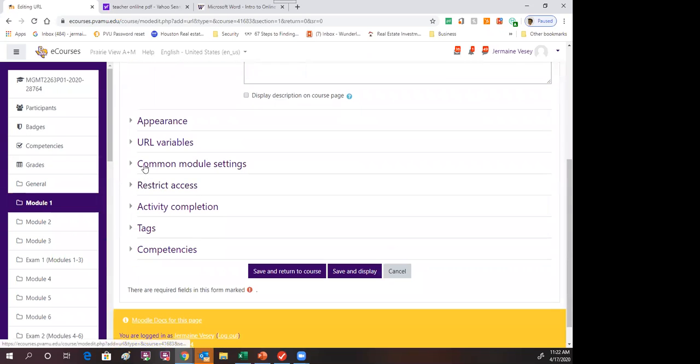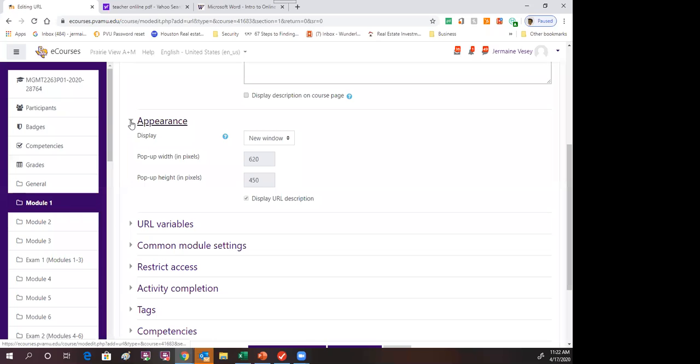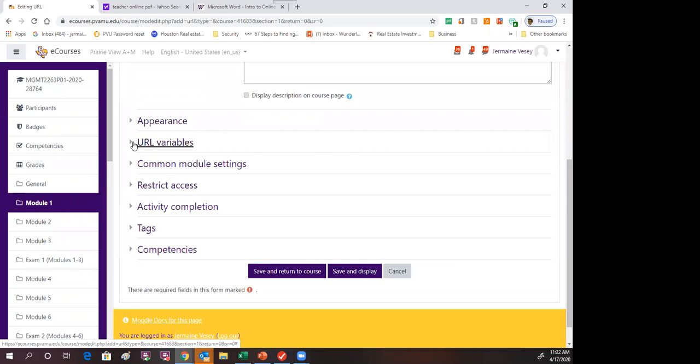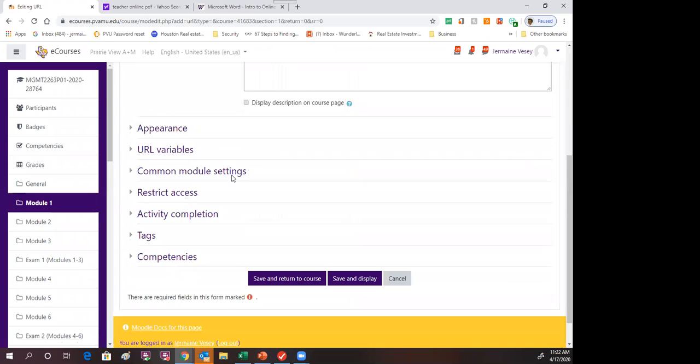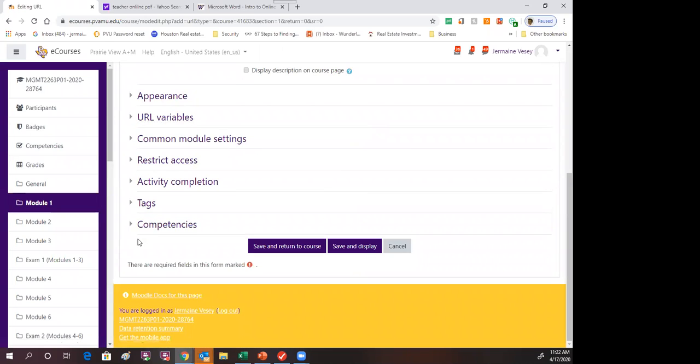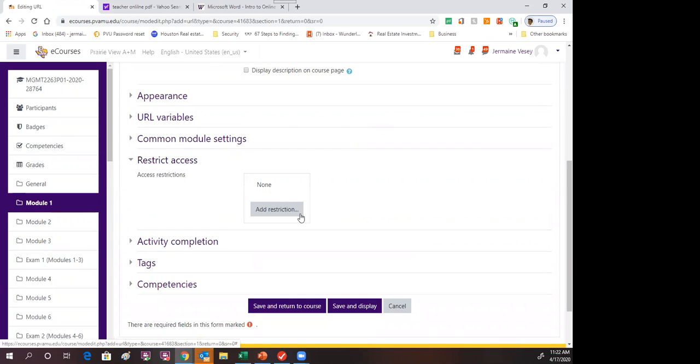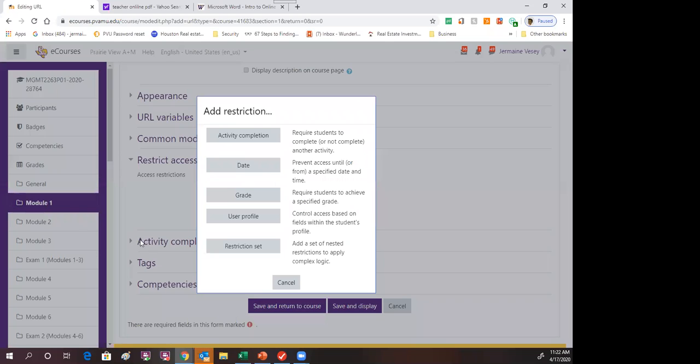Now, you have a couple other features here. Appearance, I don't do anything with this. There's really nothing you need to do here. We're just posting up an article. So really, most of these don't apply. The one thing I will say is that if you want to restrict access, so you want to say people